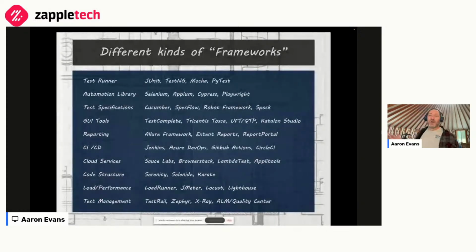When I say a test framework, you might think of something like JUnit or Mocha or TestNG or one of these many other tools that is, in my definition, to be more specific, a test runner. It's a way to write a test case using automation and to run it. So JUnit, yeah, it's a framework, or it's a part of your framework, right? It's the part that helps you to author and execute tests, but it's not the whole picture.